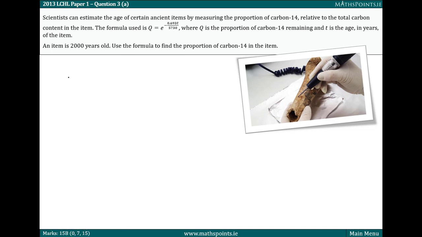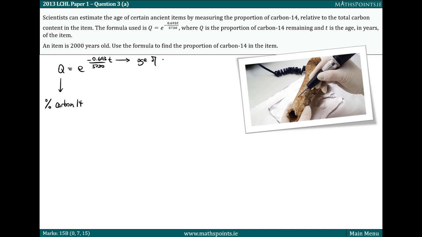Okay, so we have a question here where we've been given a formula, Q is equal to e to the power of minus 0.693 over 5730 t. And in this formula, Q stands for the proportion of what's called carbon 14 that's left in an item. So percentage, let's say, or proportion of carbon 14. So Q stands for the percentage or proportion of carbon 14 left in an item, where T represents the age